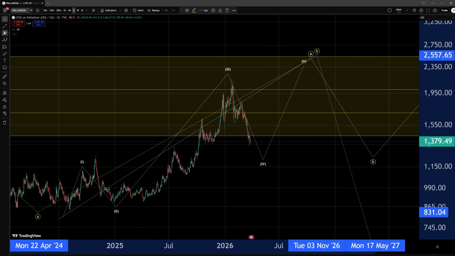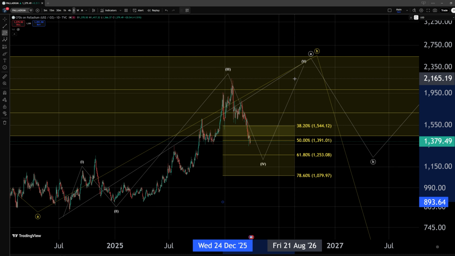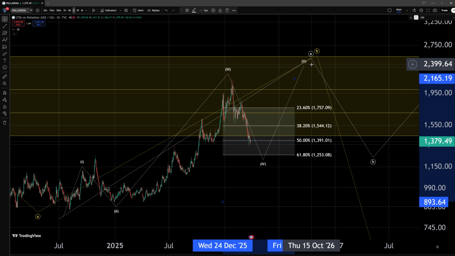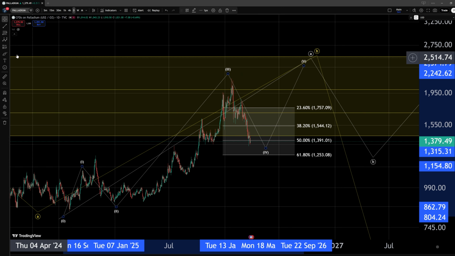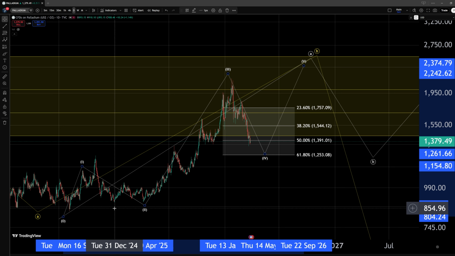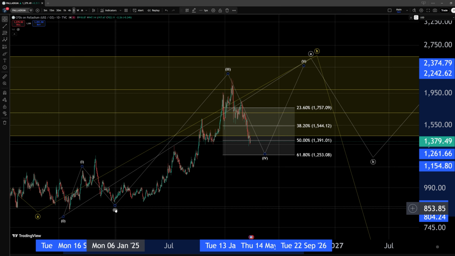So, in such a scenario, in such a structure, I would be watching the support levels between the 23.6% retracement, so $1,760 down to the 61.8% retracement down at $1,250. As long as this area of support is holding, we can still look for a reversal in a wave 5. Now, the wave 2 could have bottomed here or even here. It is a slightly lower low at this initial bottom, but yeah, with such a deep retracement, either option is